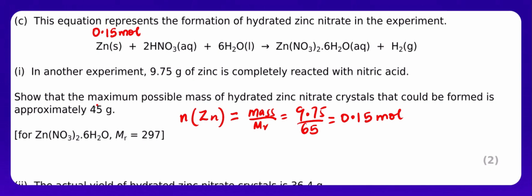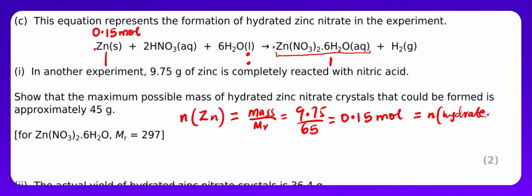Remember, we've been told to try and show that they approximately prepared 45 grams. So for you to get the mass of zinc nitrate crystals, we use the mole ratio or the molar ratio. You can see over here it's 1, and also here it's 1. So it's basically 1:1. So that means these moles will be equal to the number of moles of the hydrated salt, which will be